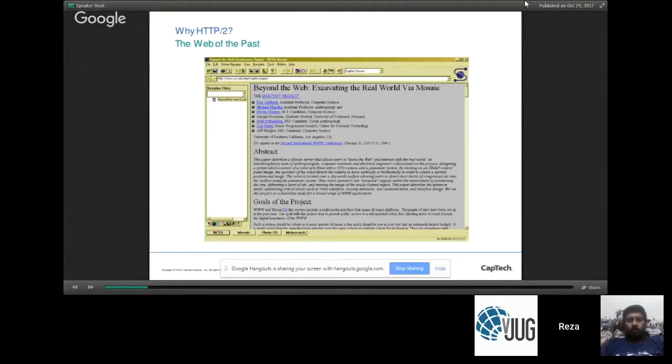A lot of what HTTP 2.0 is about is adjusting to the realities of how the world has changed from the world of Mosaic to the world we are living in right now. If you look at this particular page on the screen, this is how the world looked during the world of Mosaic. It was largely an HTML page.